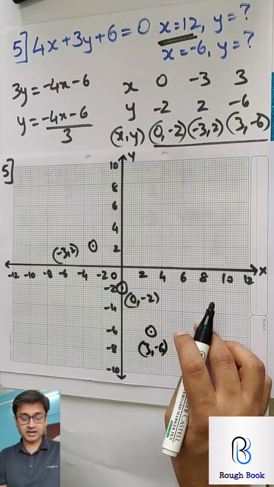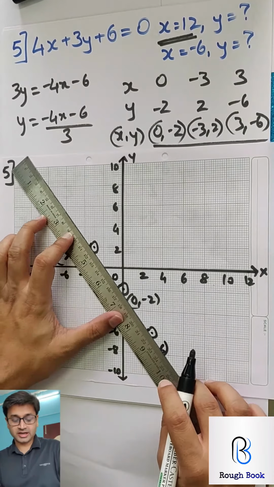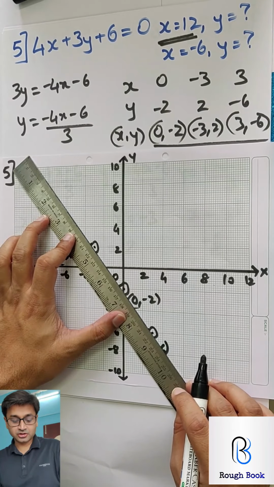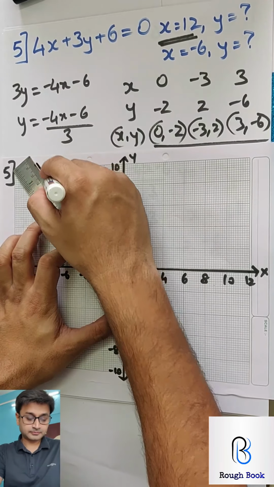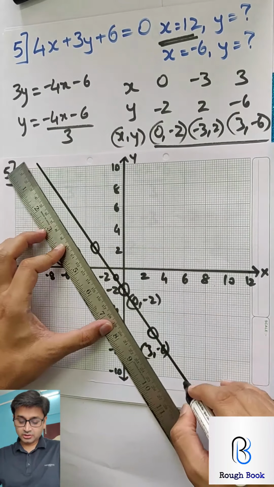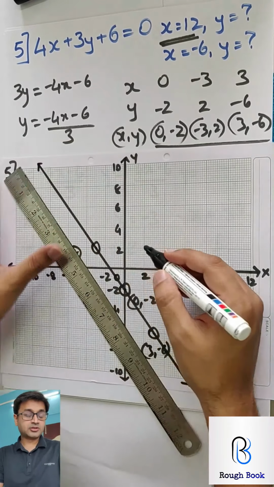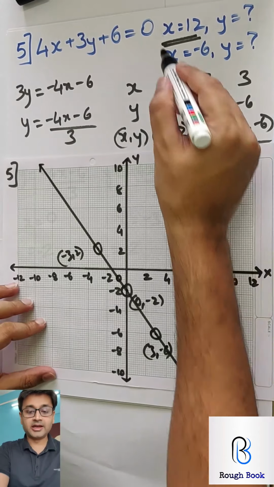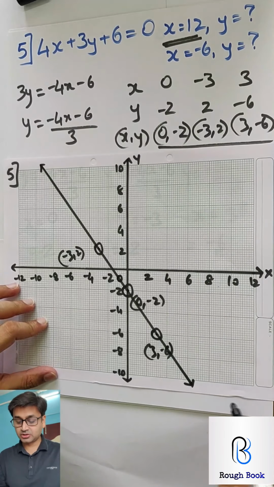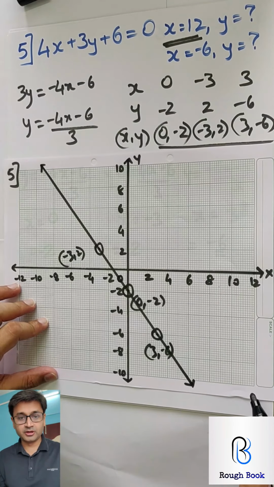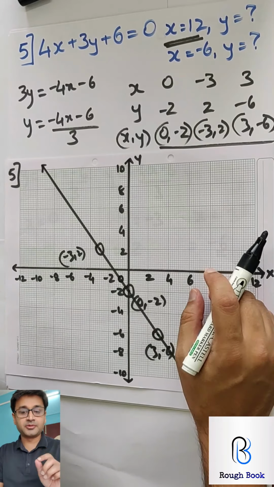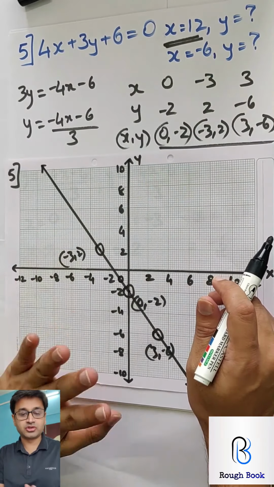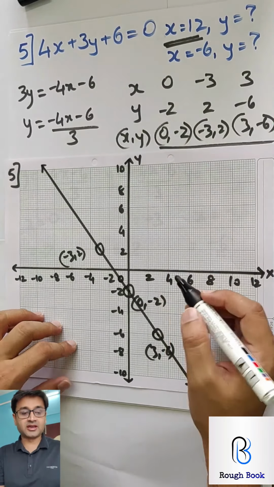So let's draw the line. Try and draw a huge line. I am sure the first one we are not going to fit. I purposely picked this sum so that you don't panic if I put it in the homework section. Now y x is equal to 12 is not going to fit here. We'll have to ignore it. In the exam I am 100% sure they will not give you a question which does not fit. So let's do the second part.